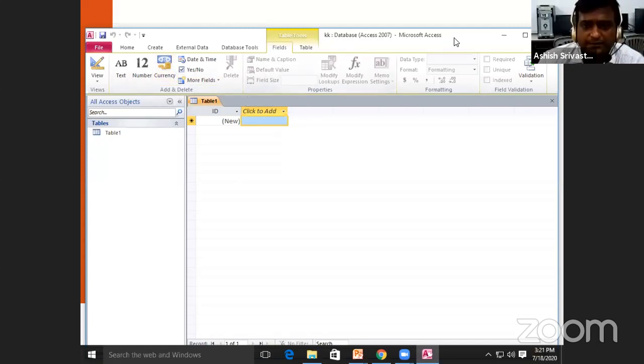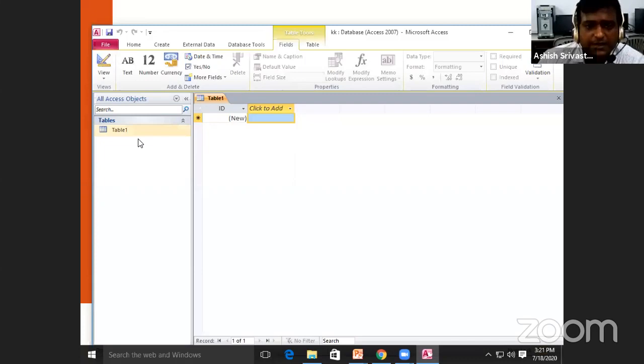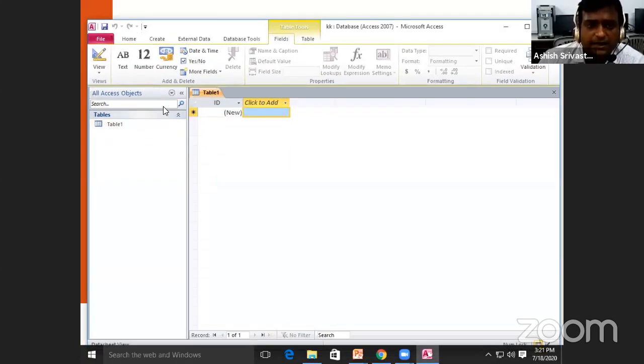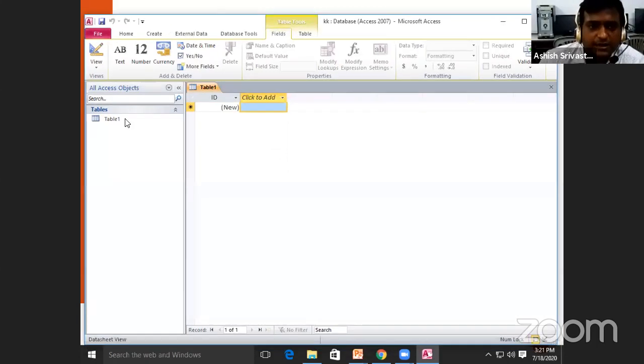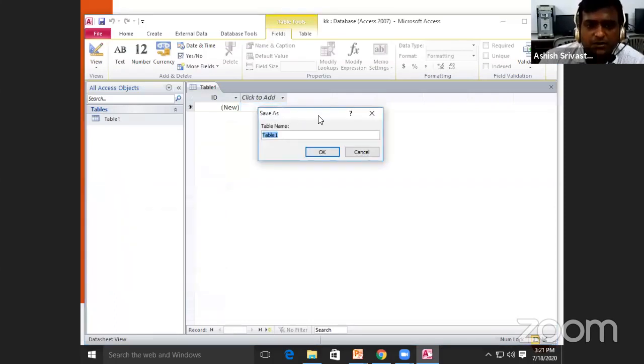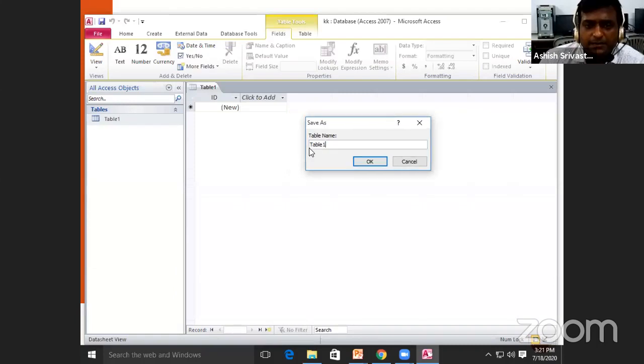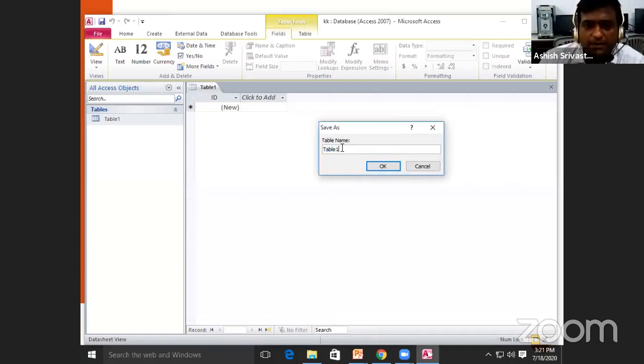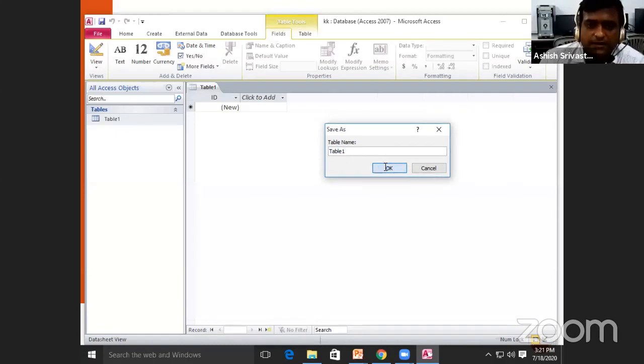के लिए ऑप्शंस बने रहते हैं। If we create, as we know very well, हम डेटाबेस में कोई भी काम करते हैं तो उसके लिए मुझे टेबल क्रिएट करना पड़ता है। तो बाय डिफ़ॉल्ट यहाँ पर टेबल 1 लिख के आ रहा है, तो सबसे पहले मैं ओपन व्यू में जाऊँगा, डिज़ाइन व्यू में जाऊँगा और फिर एक टेबल क्रिएट करेंगे। यहाँ पर टेबल नेम देंगे टेबल 1। हम यहाँ पर कोई भी नेम दे सकते हैं, तो बाय डिफ़ॉल्ट मैं यहाँ पर टेबल नेम टेबल 1 के फॉर्म में बना रहा हूँ और फिर यहाँ से मैं ओके कर देता हूँ।